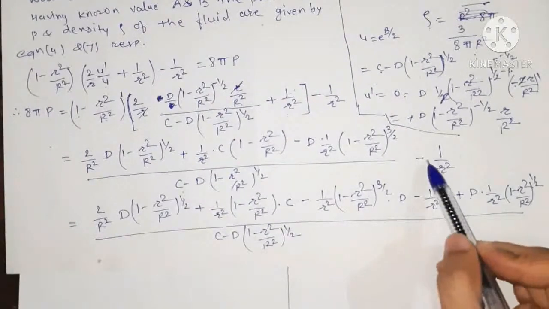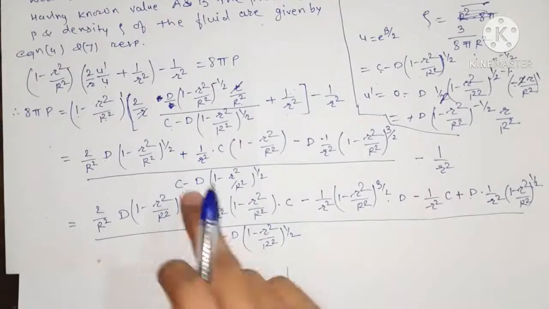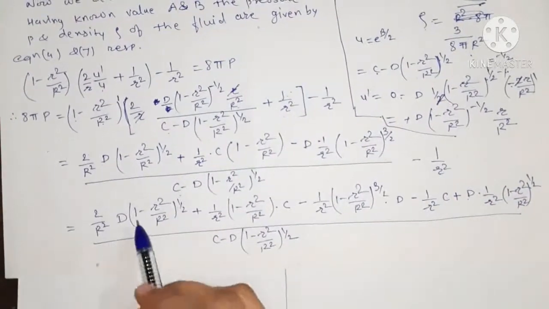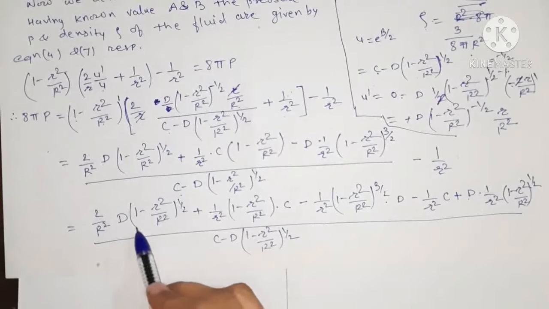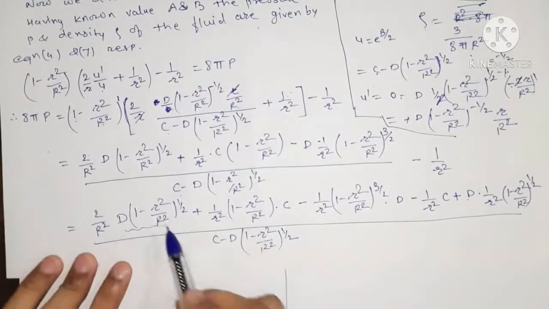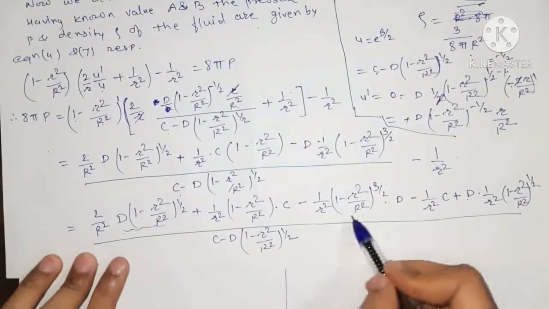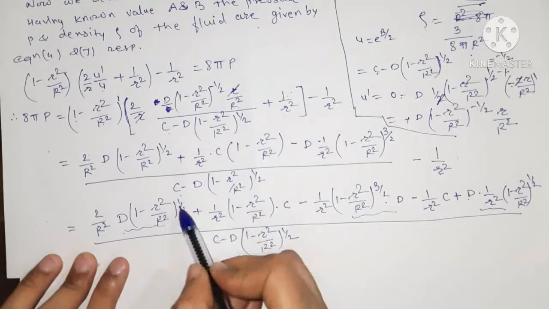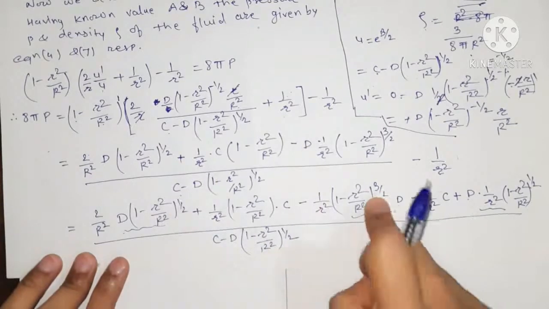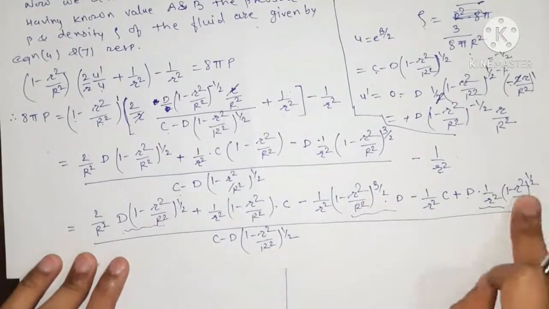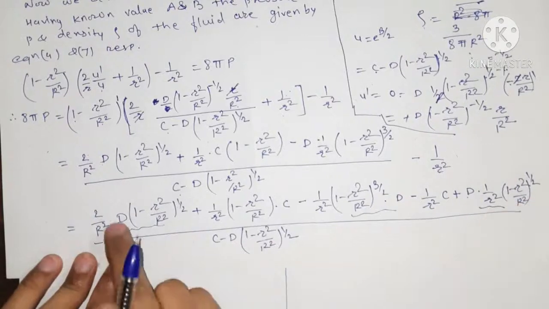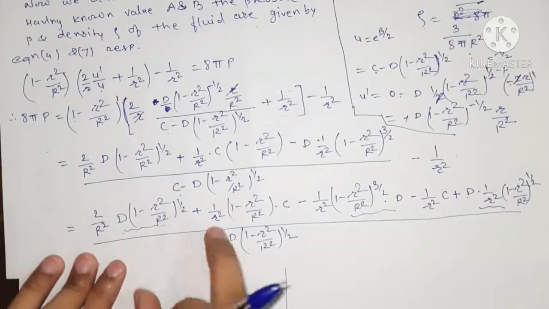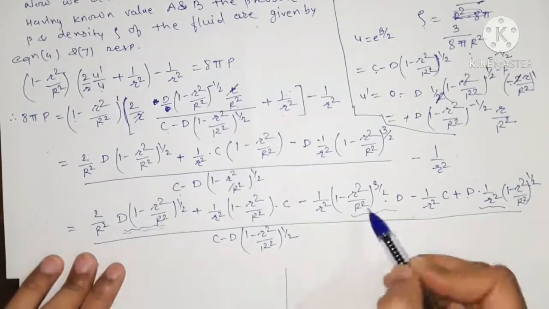And therefore we can multiply minus 1 upon r square by this term. Okay, so here now we can take the common terms of d, that is we take the bracket terms containing d. So this is d is here, d is here and d is here. Okay, so here it is also common that 1 upon 2 is present here, 1 upon 2 is also present here. So we can take the common d into (1 minus r square upon capital R square) to the power half as a common from these three terms.